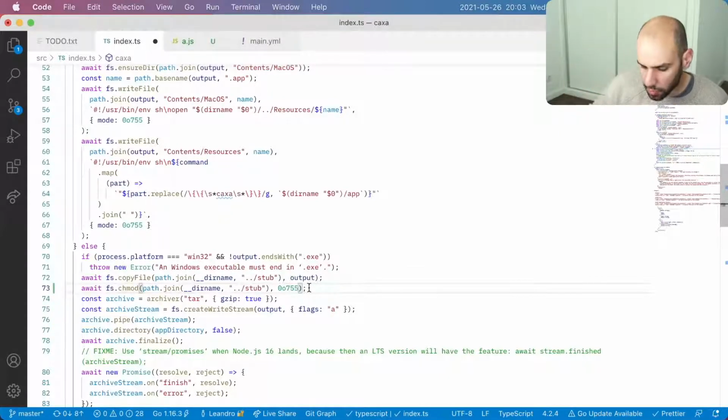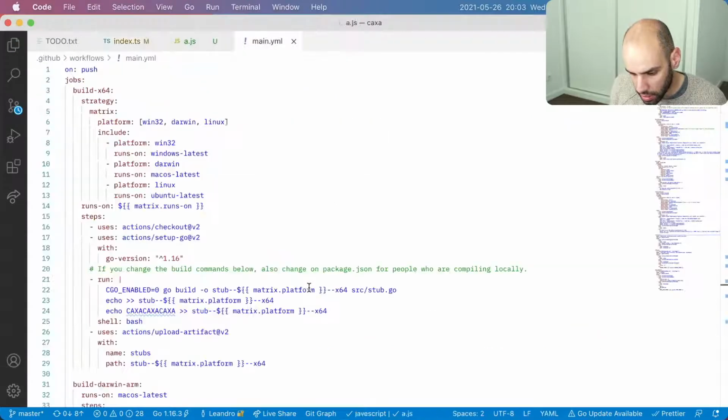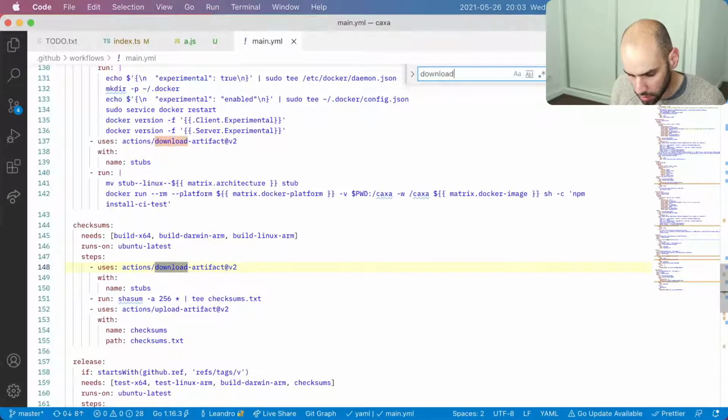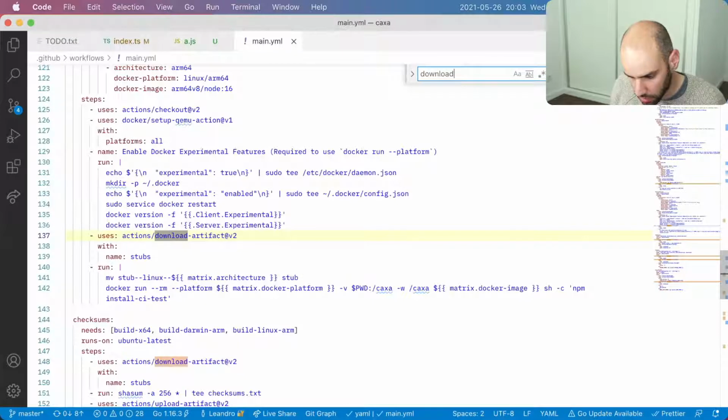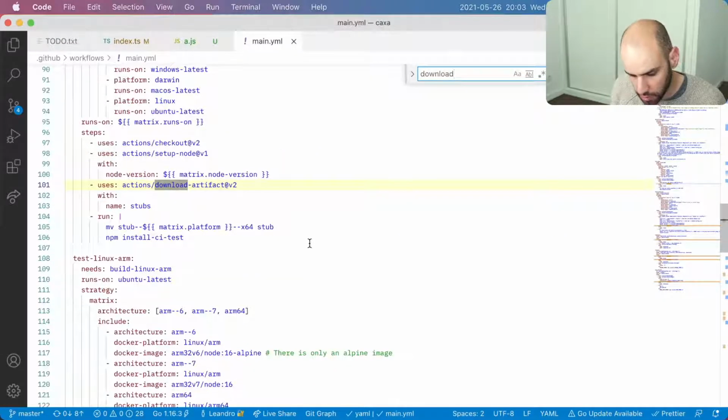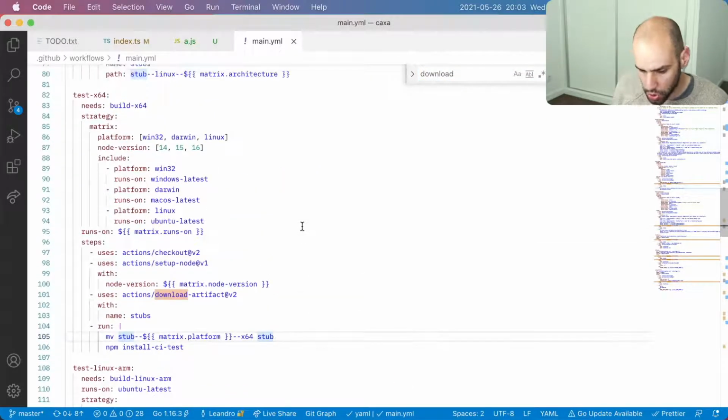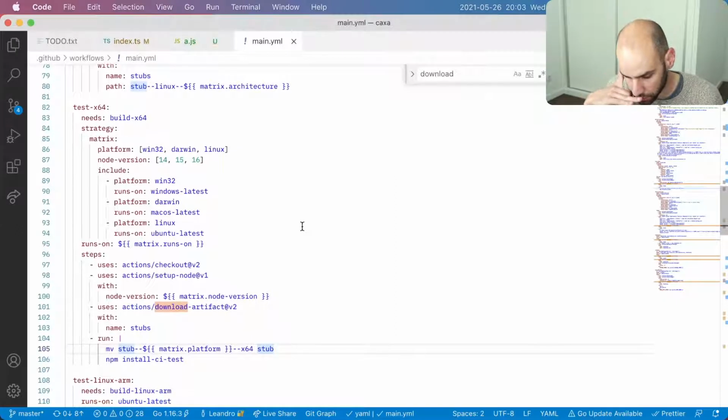And this is a double measure because we are already downloading the thing the right way. Then in here, when we download the artifact, for instance here when we move, we should also change the mode. The problem in doing that is that I don't think chmod is a thing on Windows.